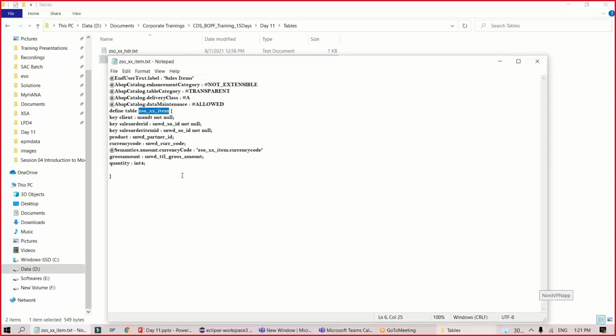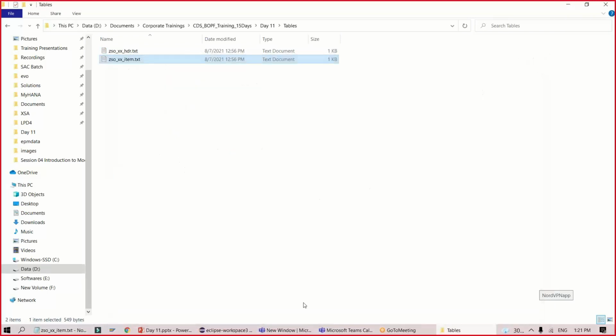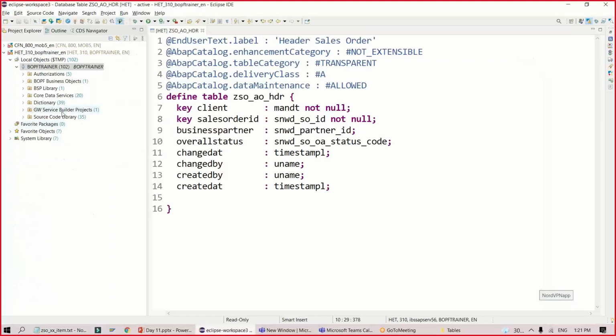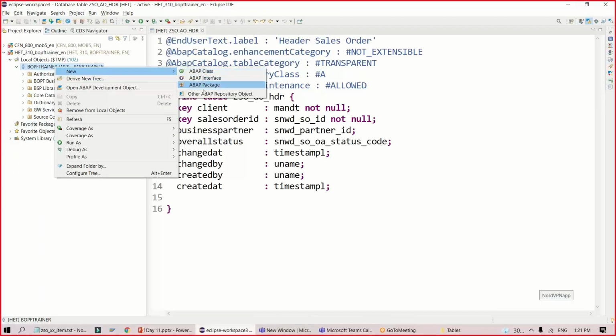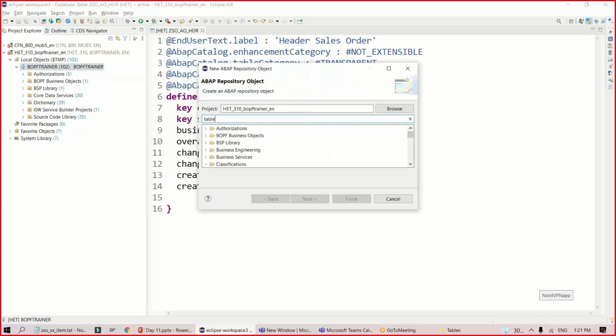I will copy the table name, and then I'm going to go back to ABAP Development Tools in Eclipse. And then let's create the next table, new. I will search for table,